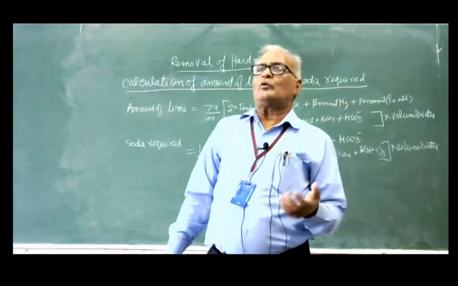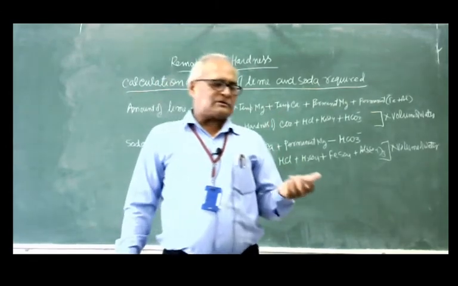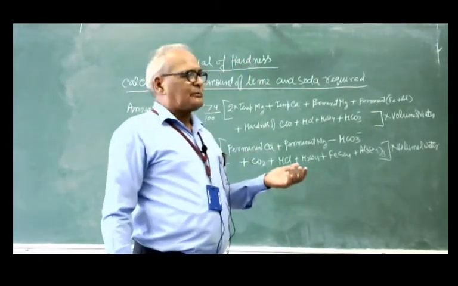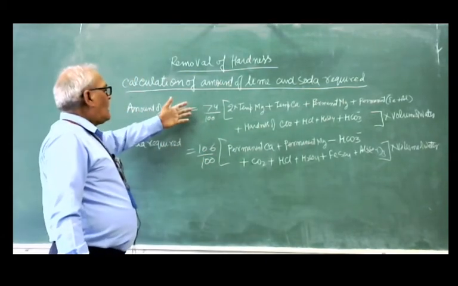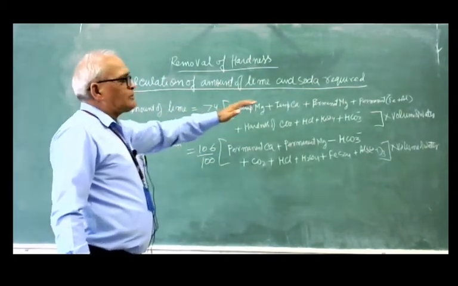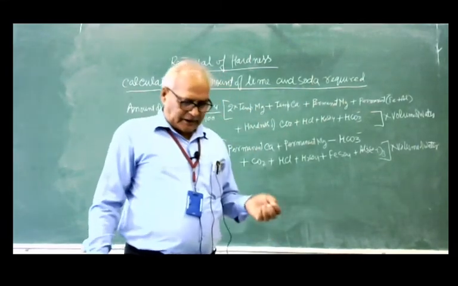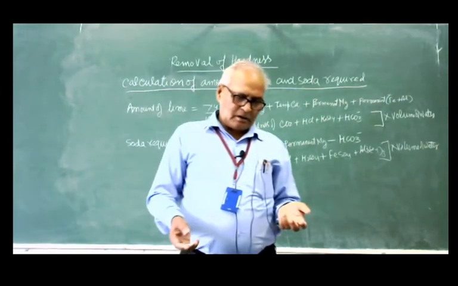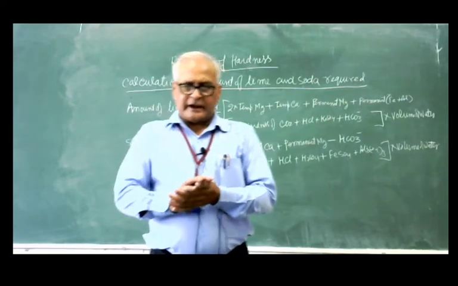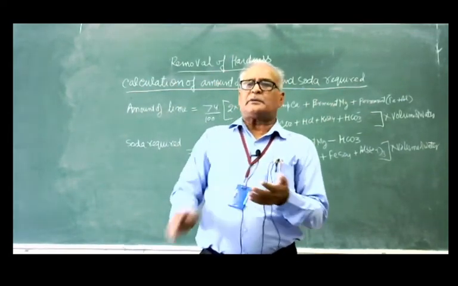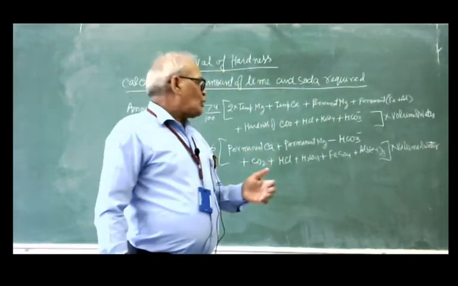As I told you, calcium bicarbonate and magnesium bicarbonate are the temporary hardness creating salts, and all can be removed by the use of lime, that is calcium hydroxide. But calcium salt creating permanent hardness cannot be removed by the lime. It can be removed only by the soda. So just see here,